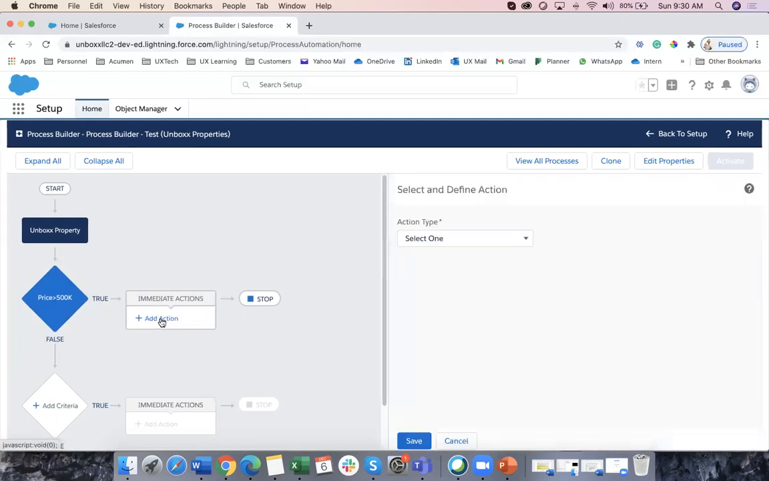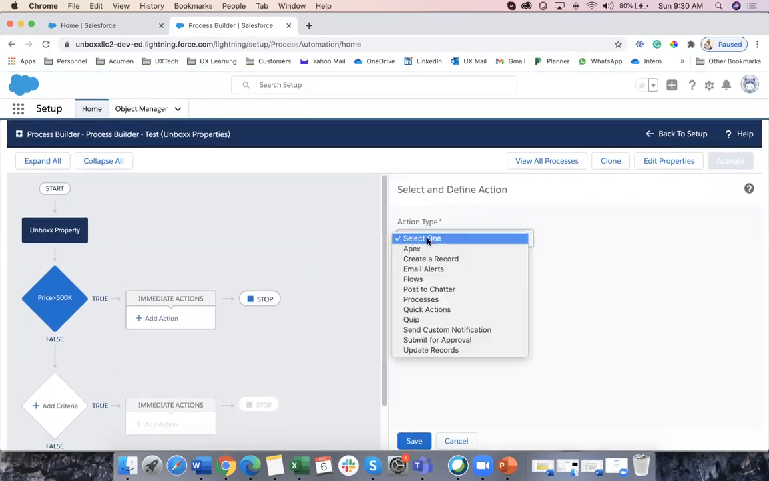It's pretty straightforward. To define the action, click on add action. And then first thing is basically what type of action do you want to define? So if you remember,